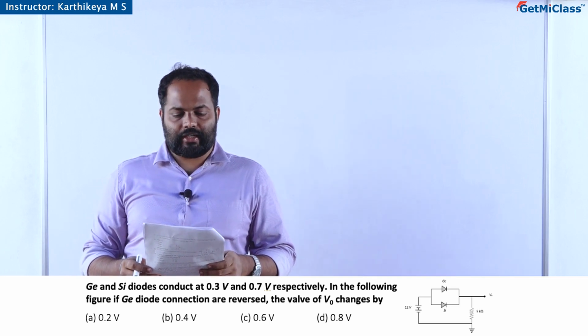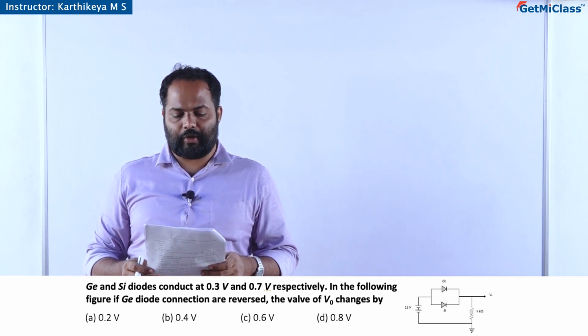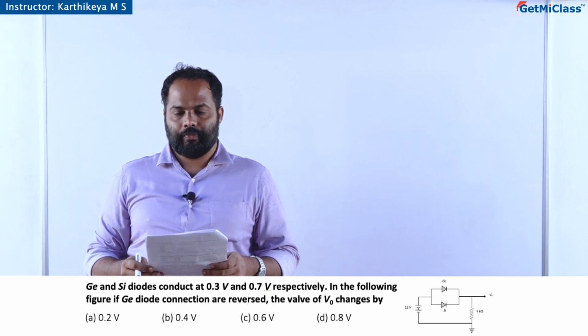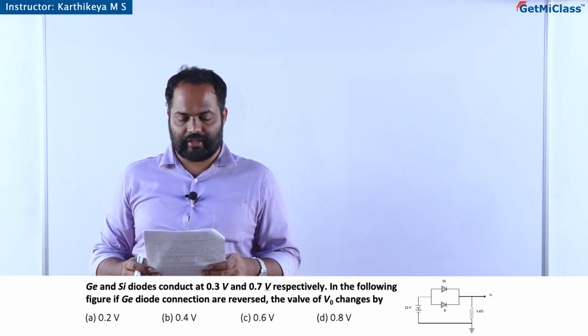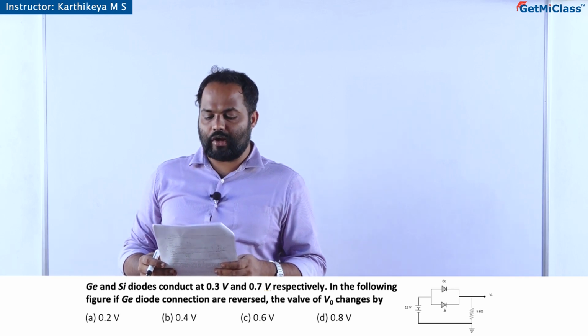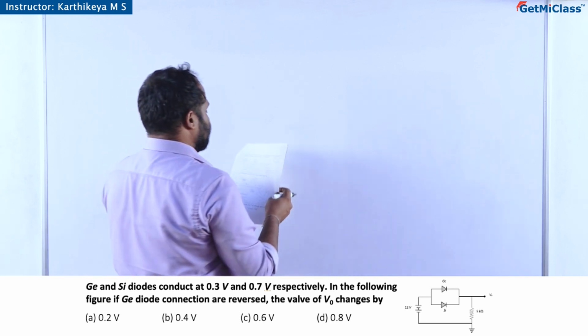Germanium and silicon diodes conduct at 0.3 volt and 0.7 volt respectively. In the following figure, if germanium diode connections are reversed, value of V naught changes by. So, looking at the diagram,